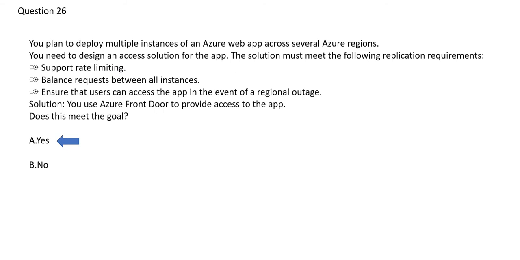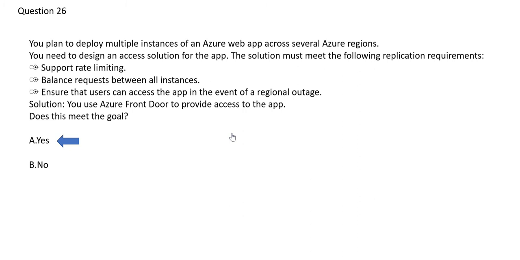And it is a load balancing property of most load balancers that it balances the requests between all instances. If you have 5 instances and 5 requests, it will send one request to each of these 5 VMs.